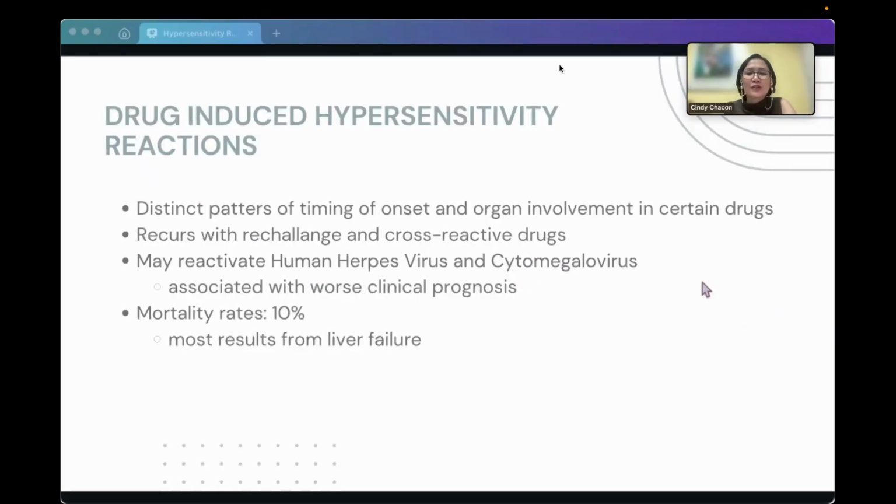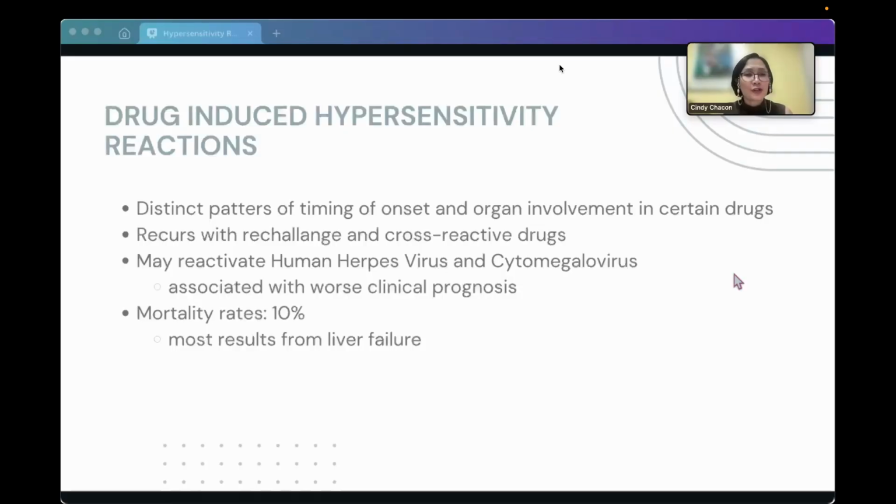There. So GI involvement is usually seen in abacavir. So yeah, may certain patterns. So it's usually pag nakikita na namin na okay, mukhang ito yung implicated drug for this type of hypersensitivity reaction, then we know which organ to focus on because usually nga may associated na silang organ involvement.